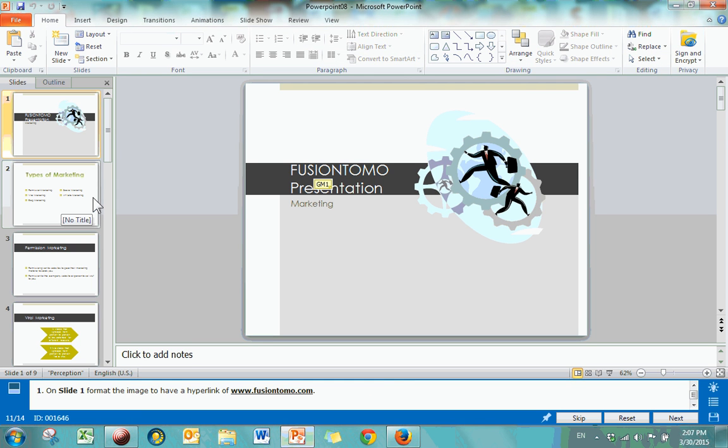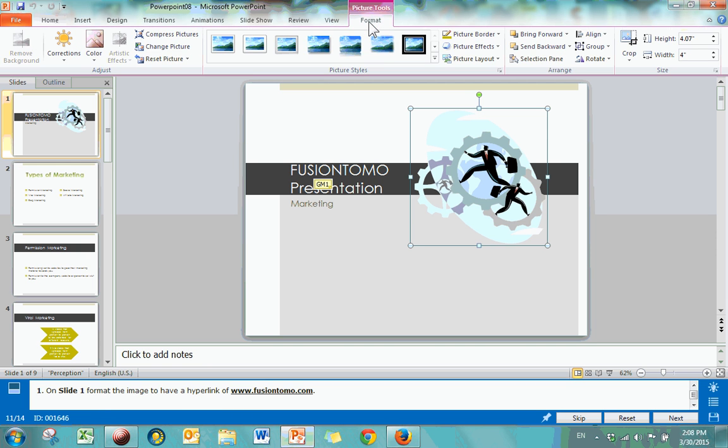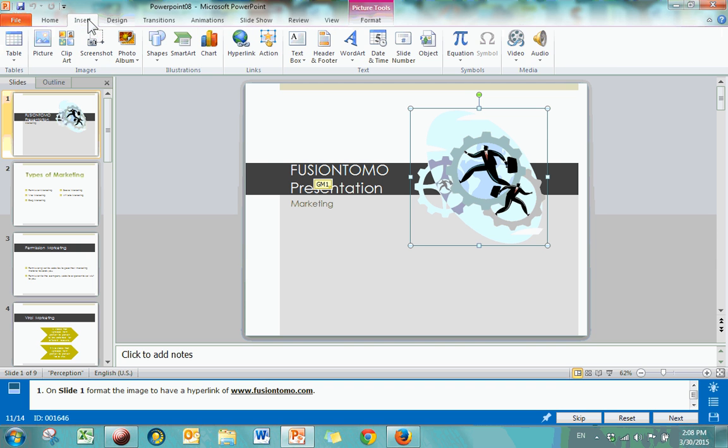All right, on slide 1, format the image to have a hyperlink. Don't let that word format throw you off because it might. You might think that when you want to format it to have a hyperlink, you're going to go to the Format tab. Well, sadly you're not. Or maybe you're not too sad about it actually, but in any case, go to Insert because that's where you put hyperlinks. Once again, you got to click on the picture first or this is not going to work at all. Once you have selected that, then go to